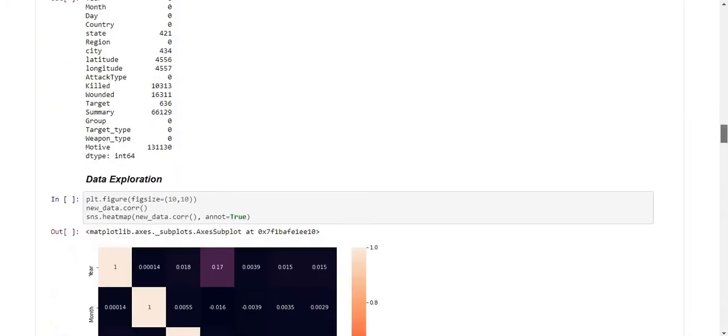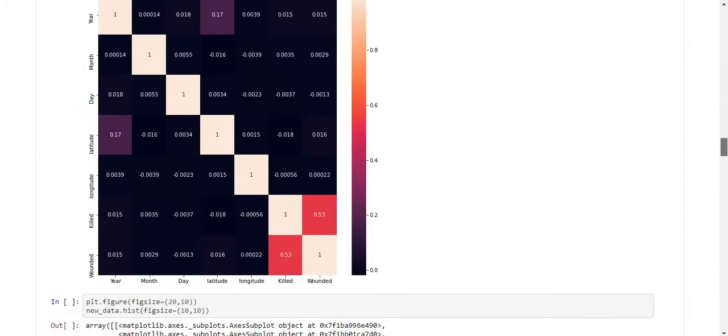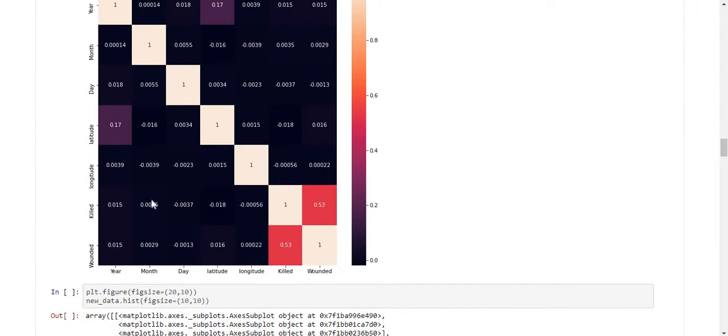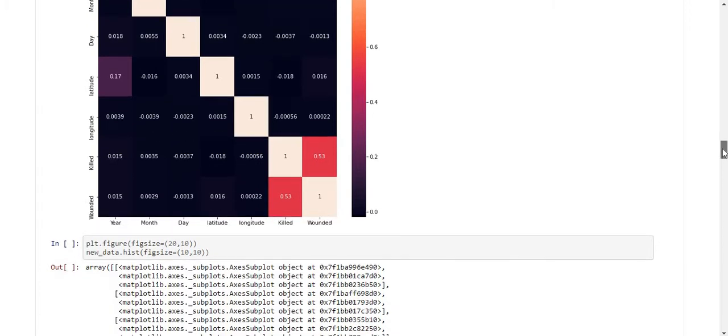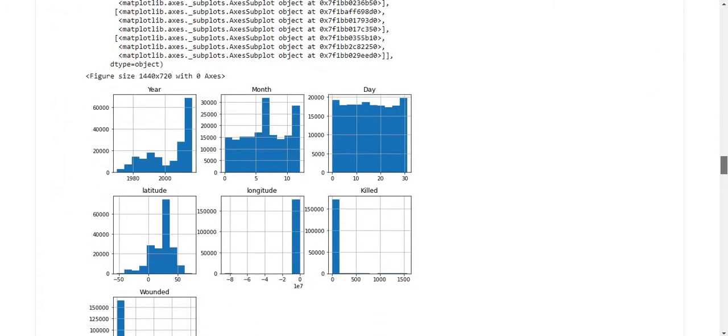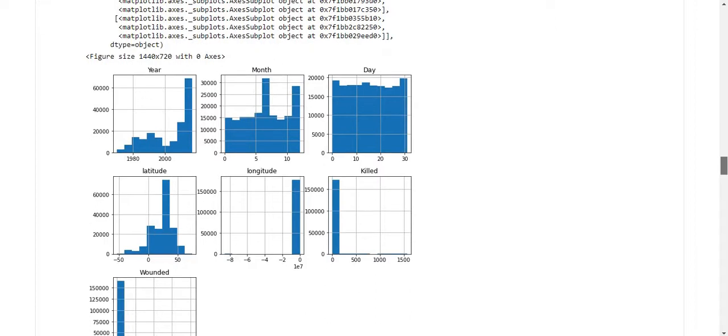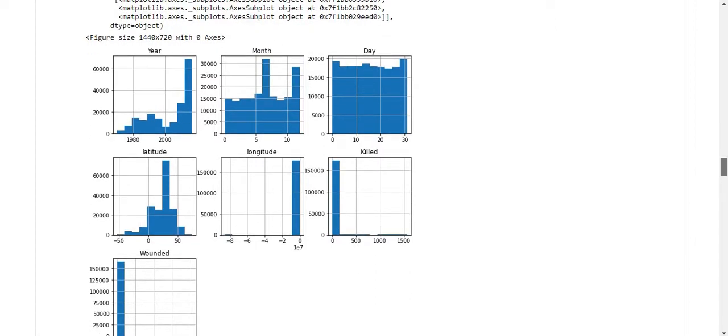Then we compute the correlation matrix and see killed and wounded exhibit a moderate positive correlation, which is 0.53. Then we draw histograms for year, month, day, latitude, longitude, killed, wounded variables.